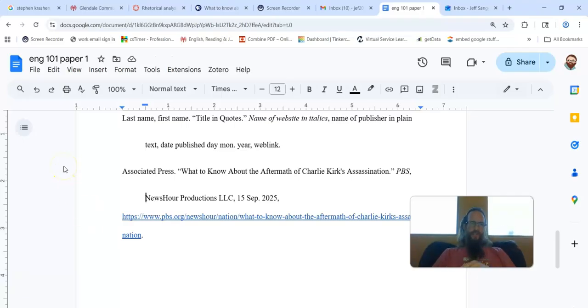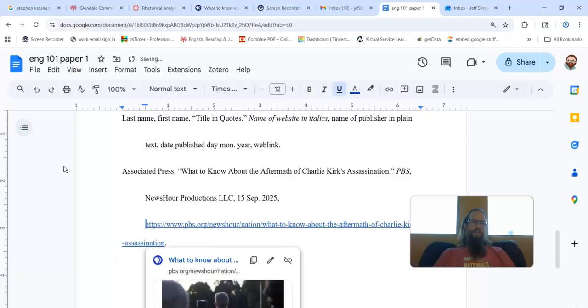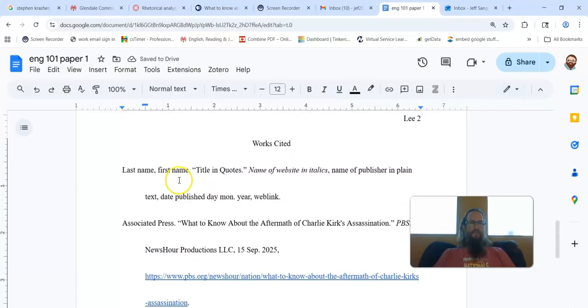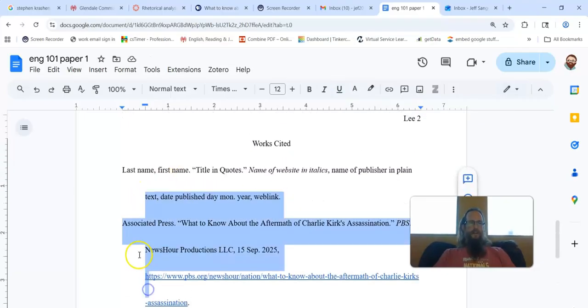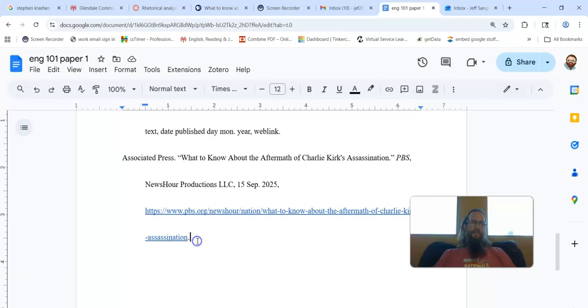There's other ways to set up the hang indent. You can do it through the format button, but this works on all devices. Now I'll hit enter and it knows what I want and it moves everything over. Okay. Do you see how that's all lined up like that? And then the author of the article sticks out. We'll see why in a minute.